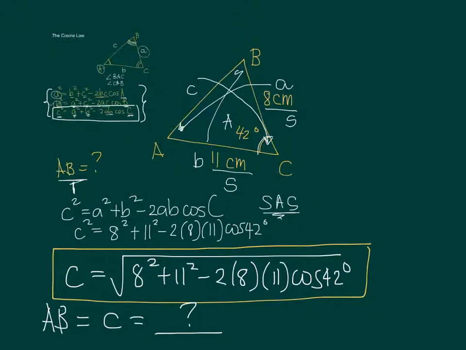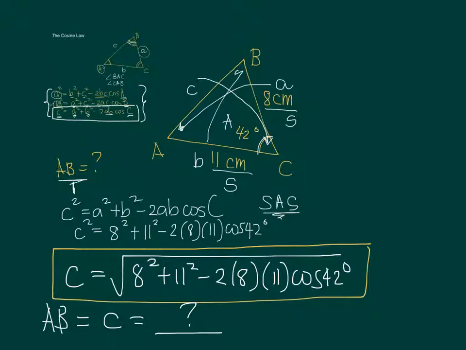So in your calculator, take the square root and then just input all the values and the numbers. It's better if you have a natural display calculator because a natural display calculator can actually input the numbers as how you can see it on this one. Okay, so 8 squared, so just input 8 squared plus 11 squared minus 2 times 8 times